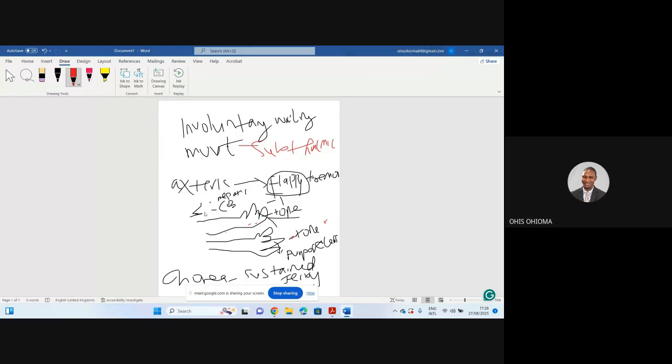Okay. So the last part we're going to talk about in movement disorders is something that is very, very common in the exam. In fact, I think in my own exam it came out, and it is called restless leg syndrome. I'm just going to talk about what came out in my own exam. So I'm doing a recall for you guys. They brought a question about a patient who had restless leg syndrome. And one of the questions they asked was, what investigation would be useful in managing this patient?